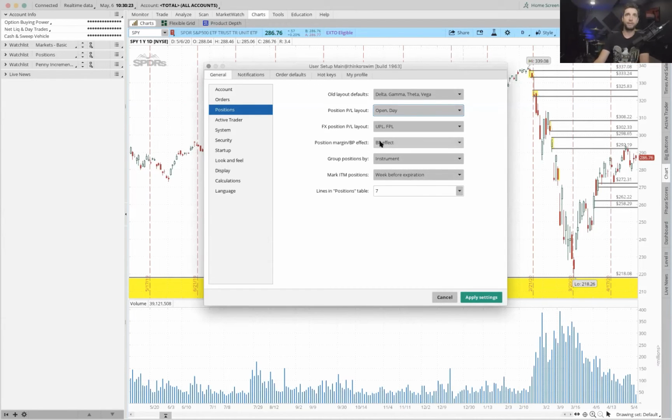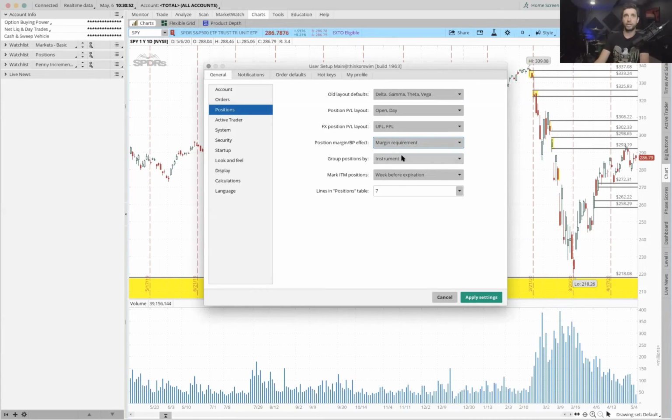You can keep an eye on your buying power effect. What are your margin requirements, right? For each position, that's important because you want to know how close you are to running out of available capital to trade. You might run into margin issues. If you use too much of your capital and things are going south on some of your positions, you may get a margin call situation. So it's important to understand what your margin requirements are for each position, and you can display that data really quickly